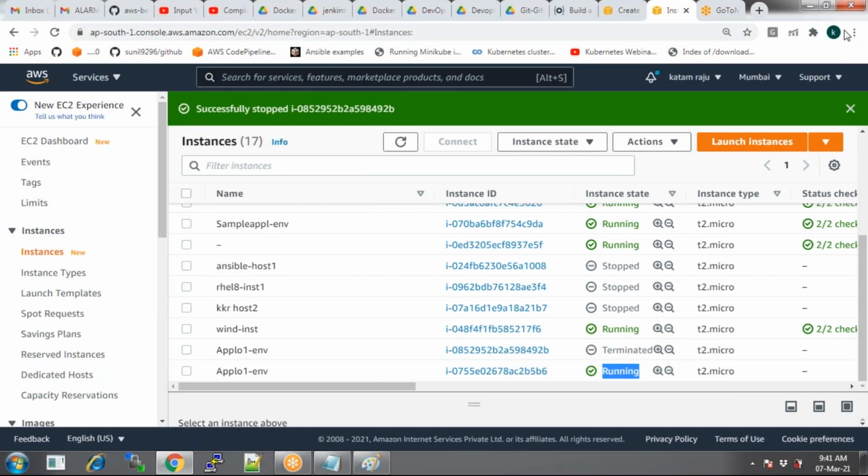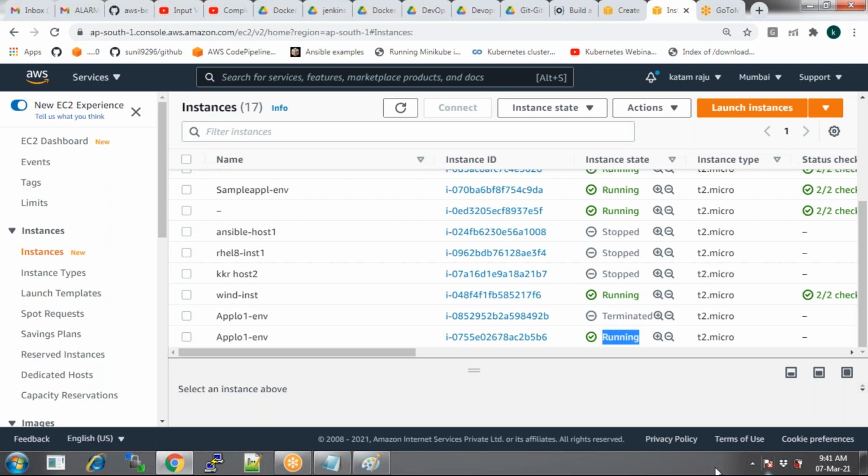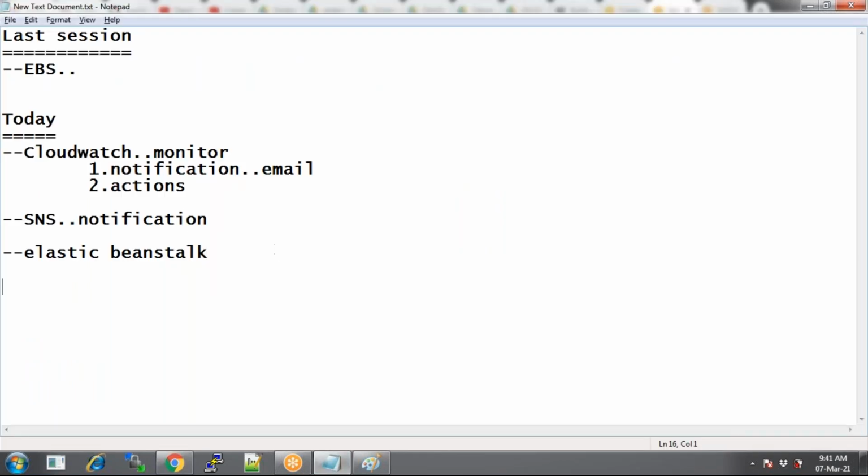So now it's almost 9:40, so let's finish a bit early today because I have some appointment, I need to meet someone. Even if we start one more service, we won't be able to finish it. I wanted to start S3, which is a storage service, and also Route 53. It takes at least 1.5 hours to finish these two.